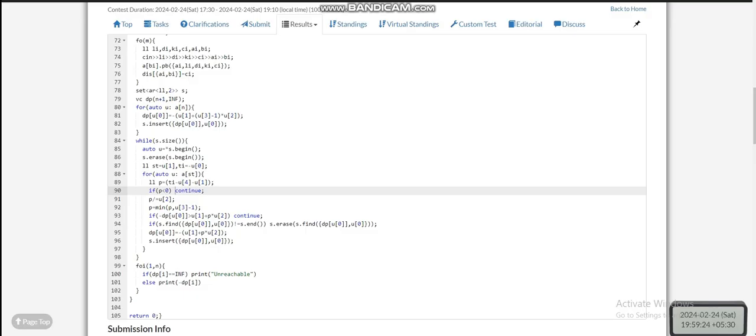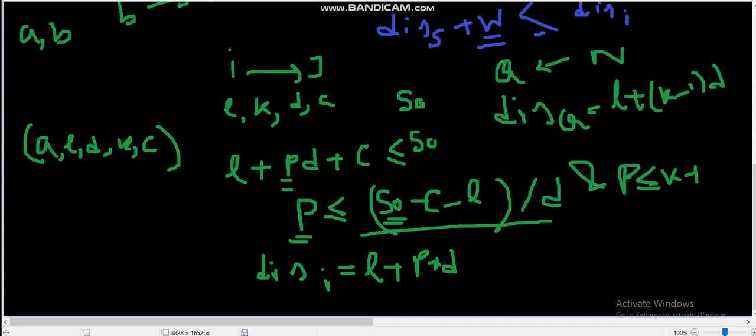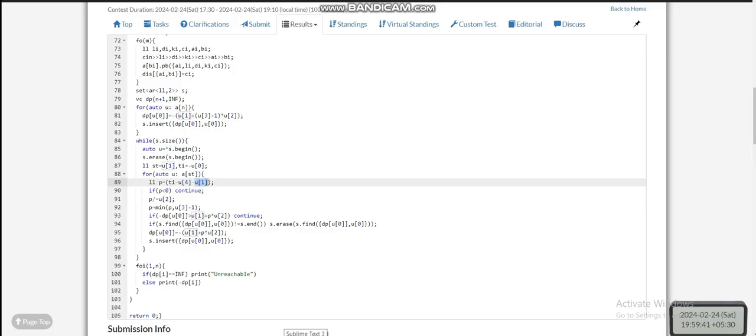So ti minus u4 is nothing but c, ti minus c minus l, and if p is less than 0, this edge is not possible, so we are continuing, and otherwise we are dividing it by d, and after that we are taking p equals minimum of p comma k minus 1. Now if the dpu0 value is greater, or the node value is greater, we are just continuing, and otherwise